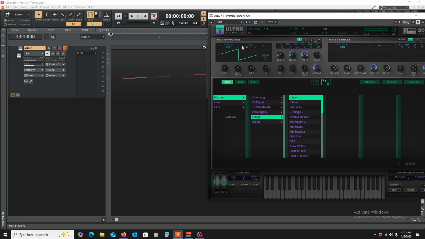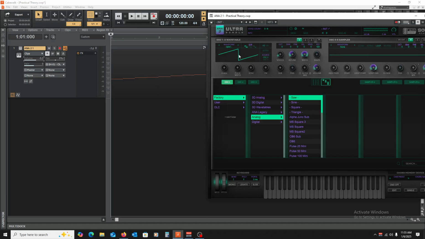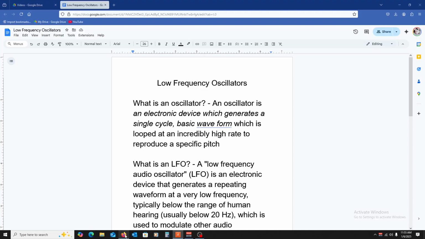This waveform here, just a rise up and then a drop and then a rise up. And what's happening is that this waveform is being repeated a lot of times. If we go back to our definition, an oscillator is an electric switch device, a single cycle. This is what our single cycle looks like. And then it is looped at an incredibly high rate to reproduce a specific pitch.